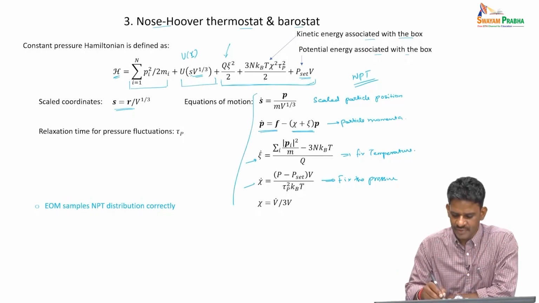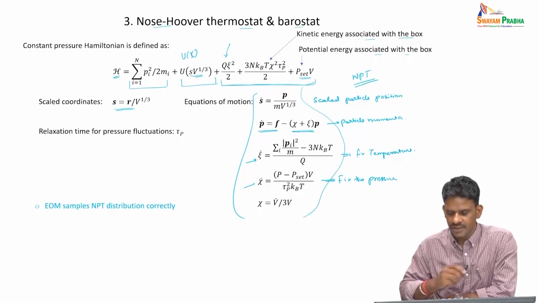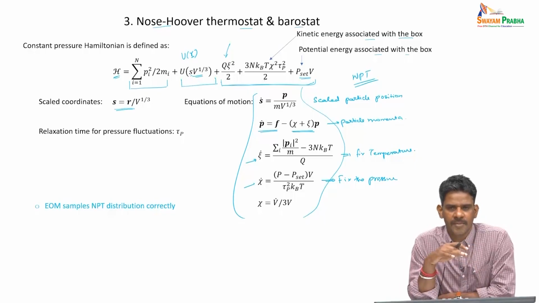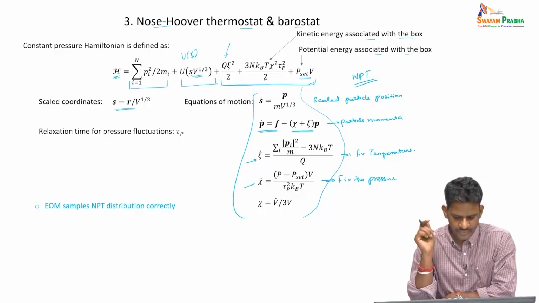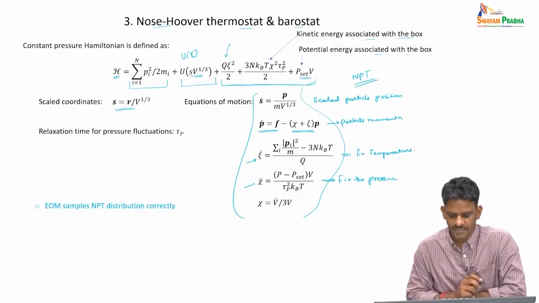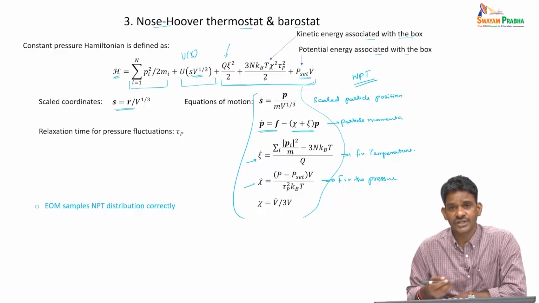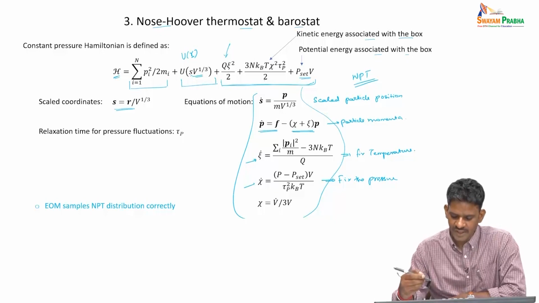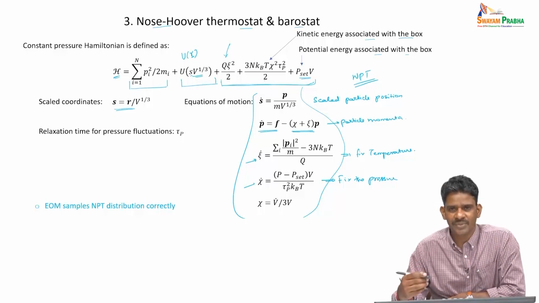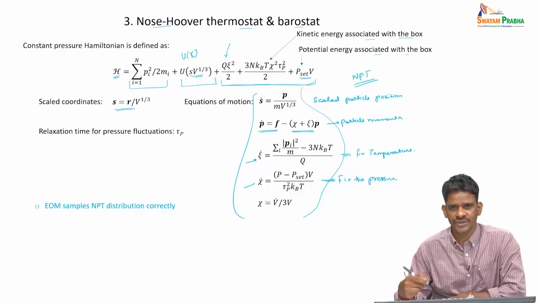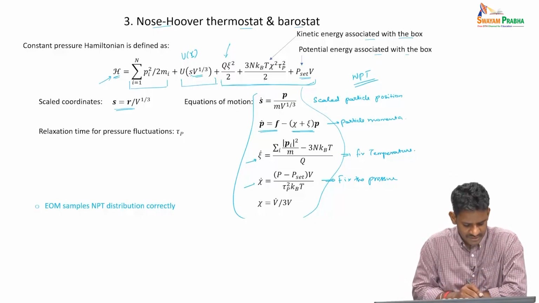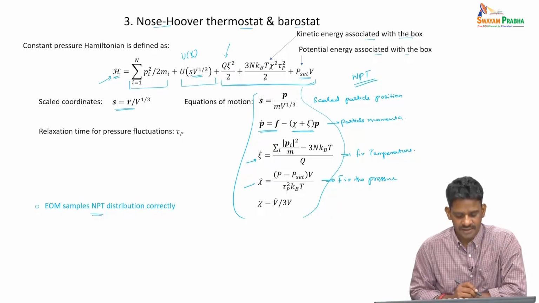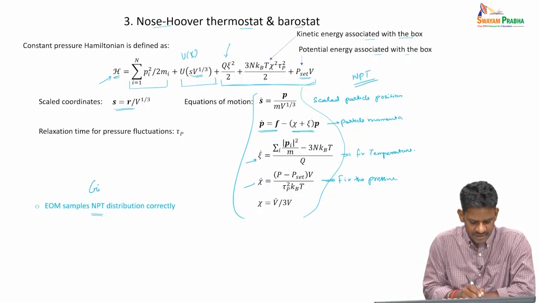Okay. So, we end up simultaneously solving this set of equations by which the system's temperature as well as pressure reaches smoothly to the set temperatures. And a nice thing about this particular algorithm is that one can actually show that when you update the trajectories, or when you sample the trajectories by solving these set of equations of motion using this particular Hamiltonian, it samples the NPT distribution correctly. In other words, we will be sampling the Gibbs ensemble